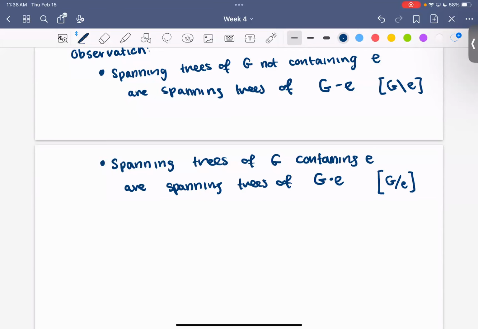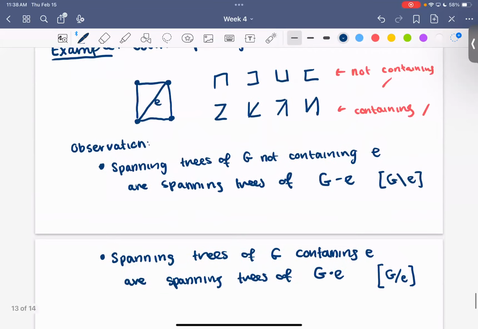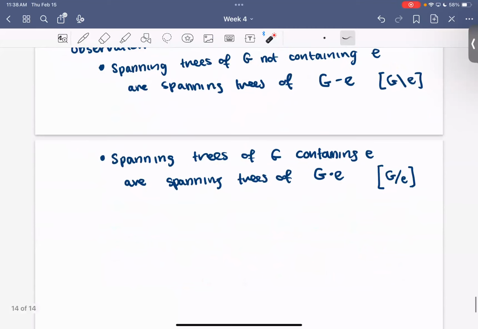So what is the contraction? If I want to contract an edge, I basically think of shrinking this edge down to a point. All I'm going to do is take it out and then merge the two vertices that it was connected to. So the contraction